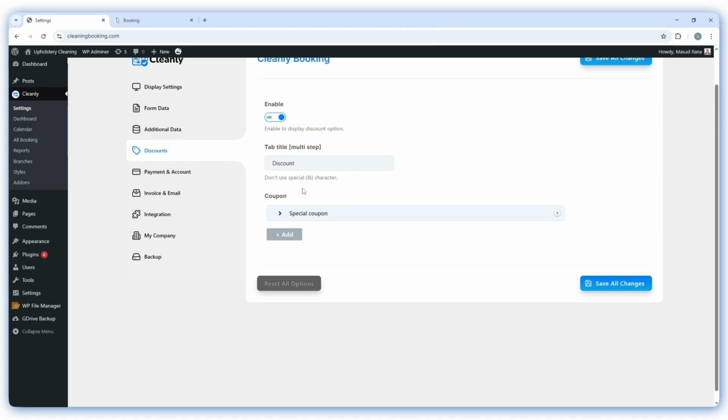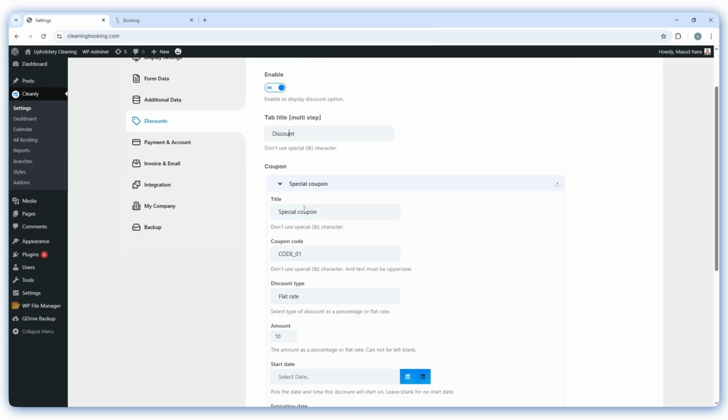The next option is the coupon code. Here, by default, as you can see, the default coupon is special. So you can edit this coupon code or you can add multiple coupon codes for your booking. Right now I will explain this default coupon. If I expand this coupon, as you can see, there is